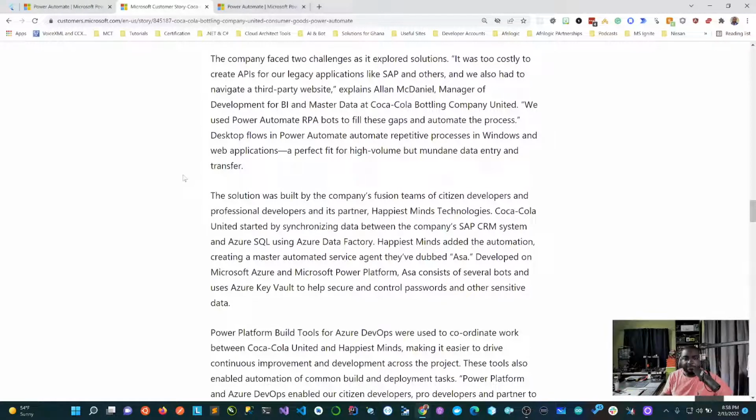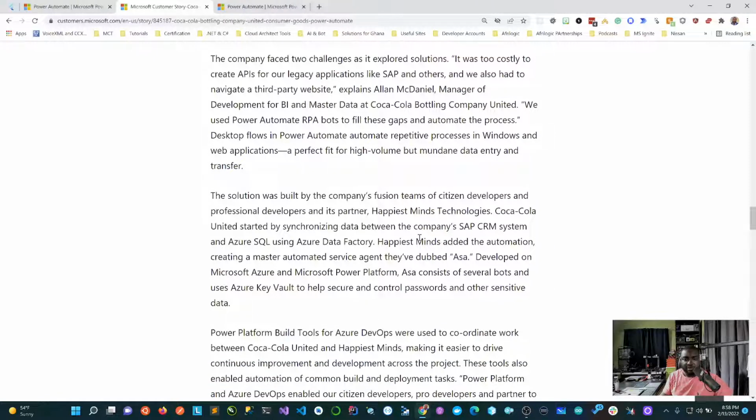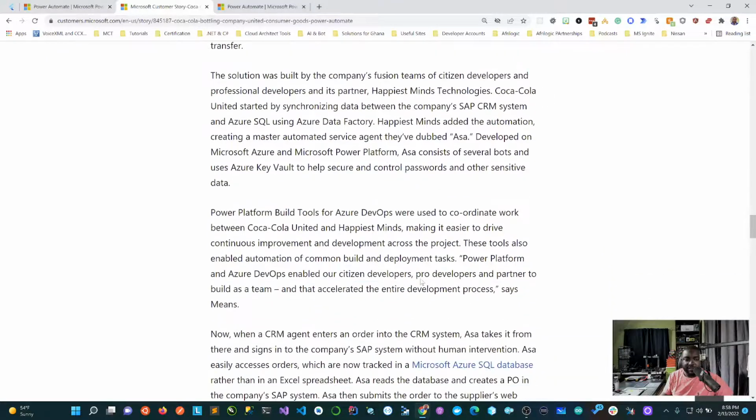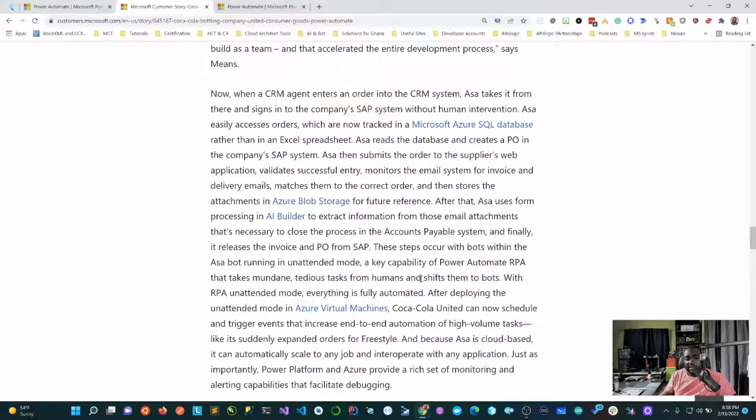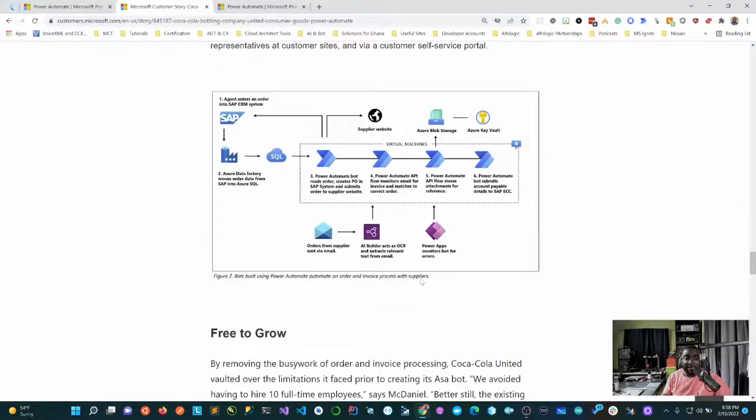Technically, what they did was data synchronization between their SAP CRM, Azure SQL Server, and Azure Data Factory, and then combined all of it. That's one of the powers I've been talking about, the Power Automate. If you've watched some of my previous videos, I have used Power Apps and Power Automate to do some weird things, like control some IoT things I have here. My all-time favorite is my beer tracking with a Flic button, where anytime I take a beer from my fridge, I click that. I have that also on the channel. You can go check that out.